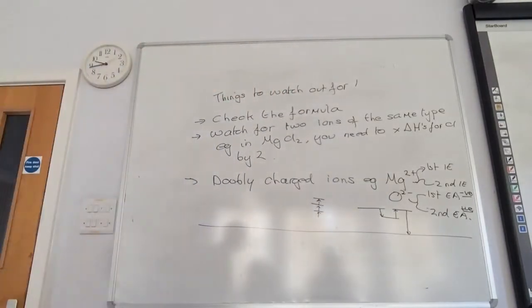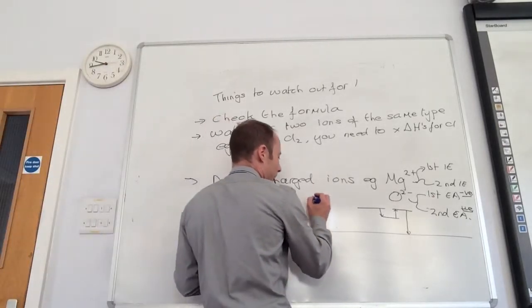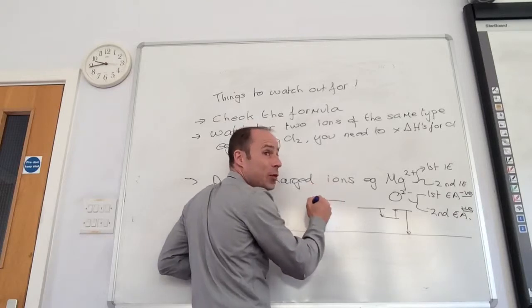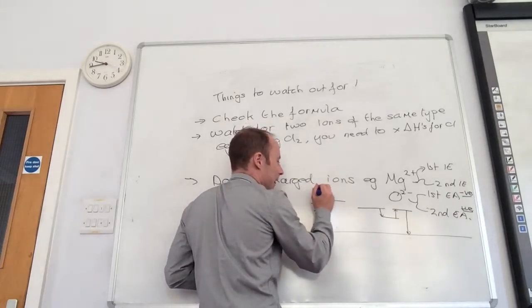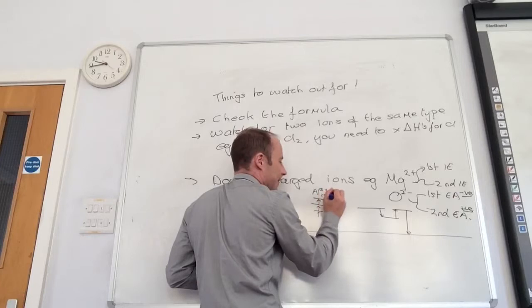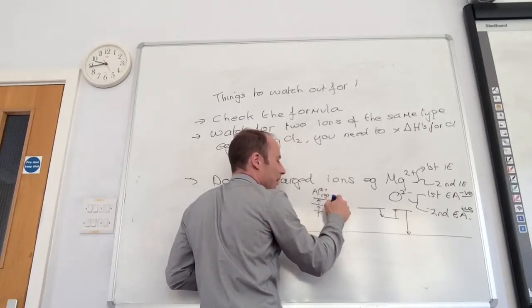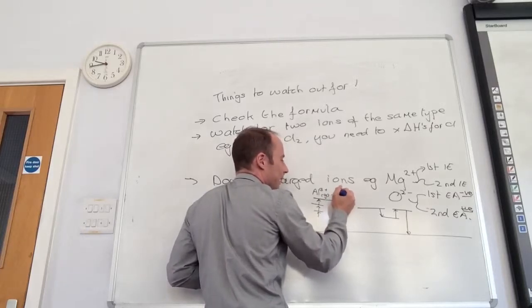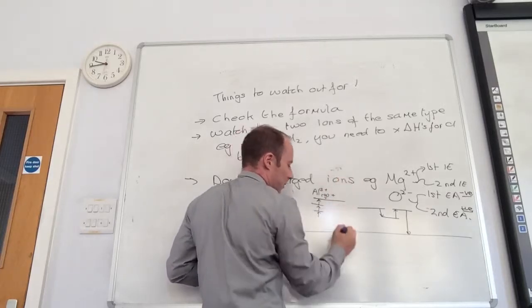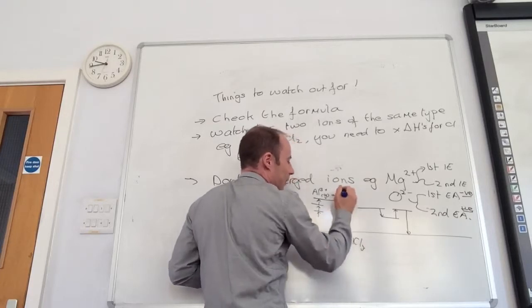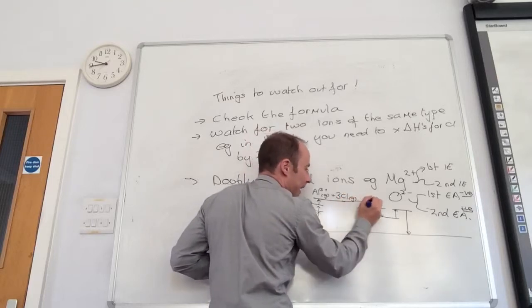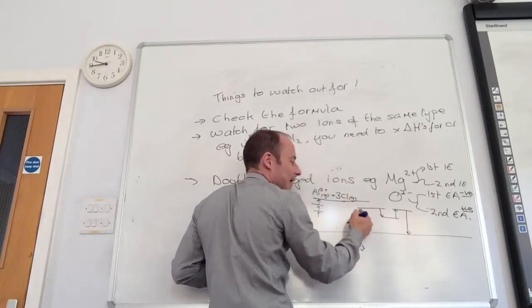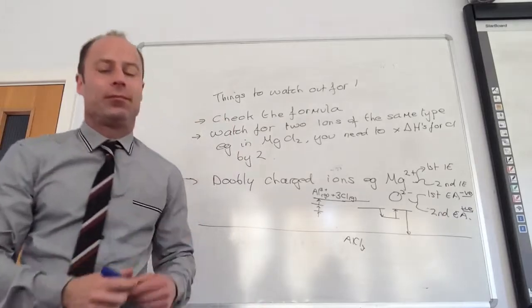On the top line, you have to get into the ionic state. You need to have your metal ion with all its charges, so e.g. Al3+ in the gaseous state. You need your non-metal in the gaseous state. So if this was aluminium chloride, say AlCl3, you would then have 3 Cl in the gaseous state. Yeah, and then go down. Then, when you start doing your electron affinity, that's when you go down. Yeah. Would it not be